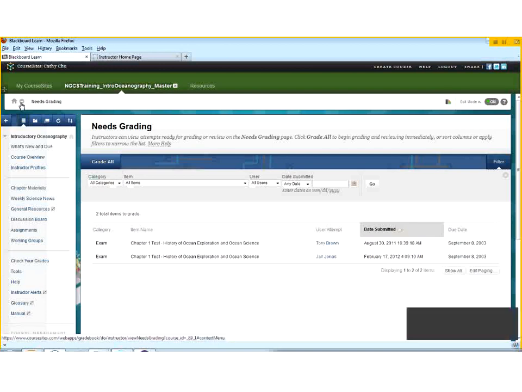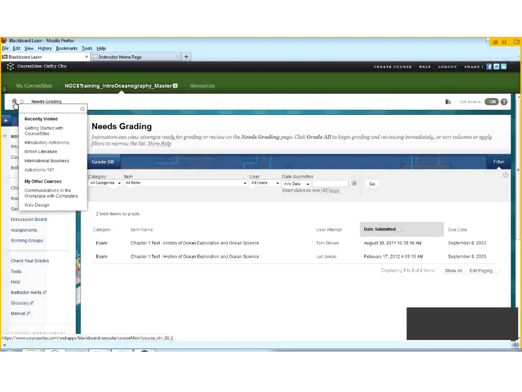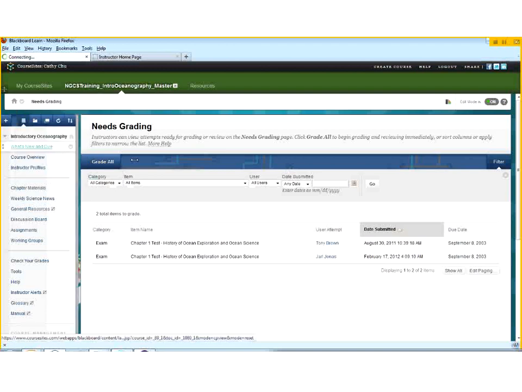Okay, now the new task-based navigation is available here next to your home button. The home button takes you to the landing page of your course. The task navigation takes you to recently visited and other courses that I want to visit. So if I'm in the needs grading page of my oceanography class and I want to now review student work in my astronomy course,